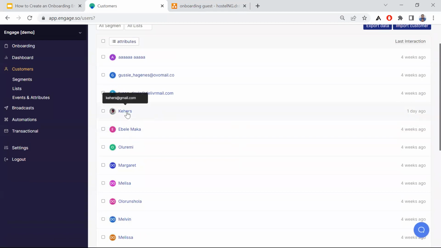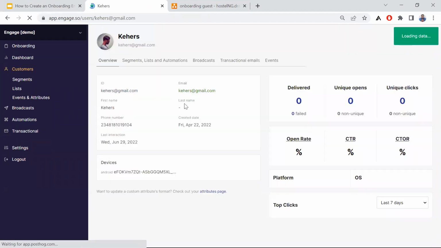So let's click on this customer to understand what we were talking about when we were talking about customer attributes and customer events. Now, if you can see here, this information here, the customer ID, the customer's email, the customer's first name, last name, phone number, the customer's device, these are what we call the customer attributes. And for any business that is using Engage, right, for you to be able to access this information, we have what we call